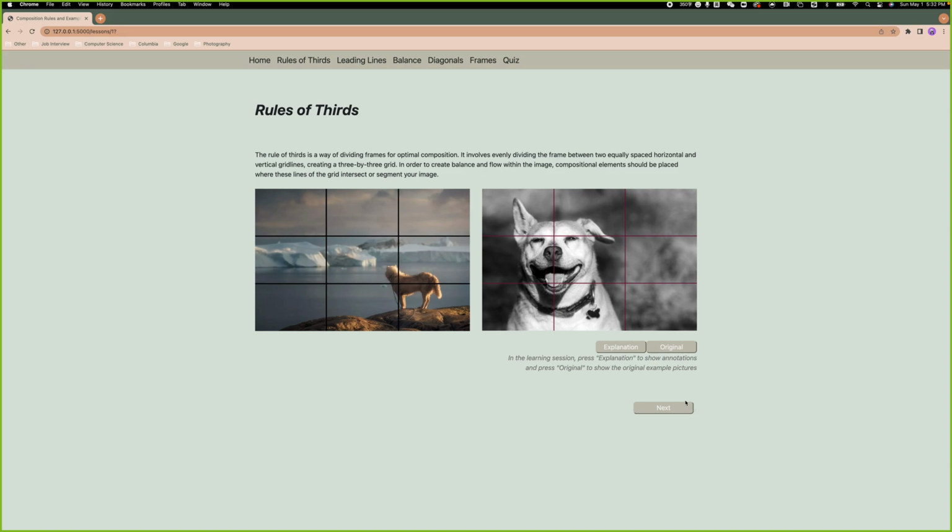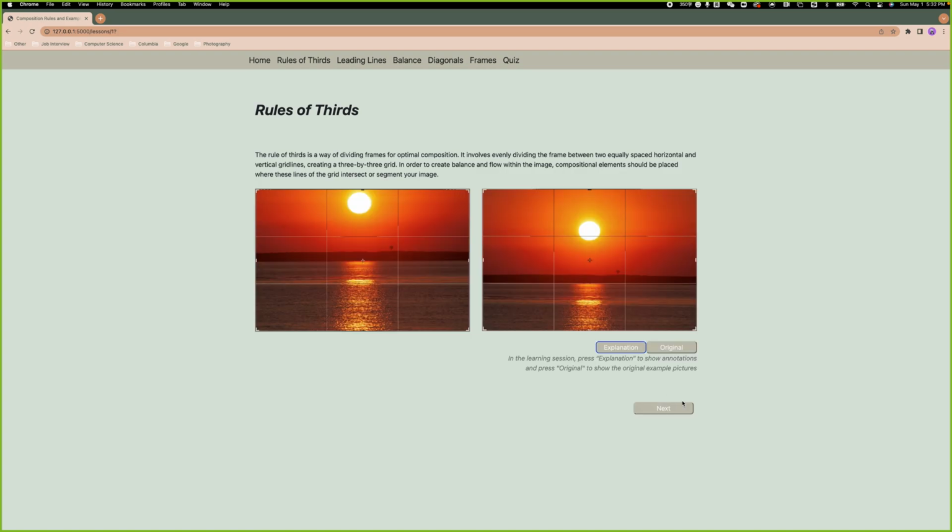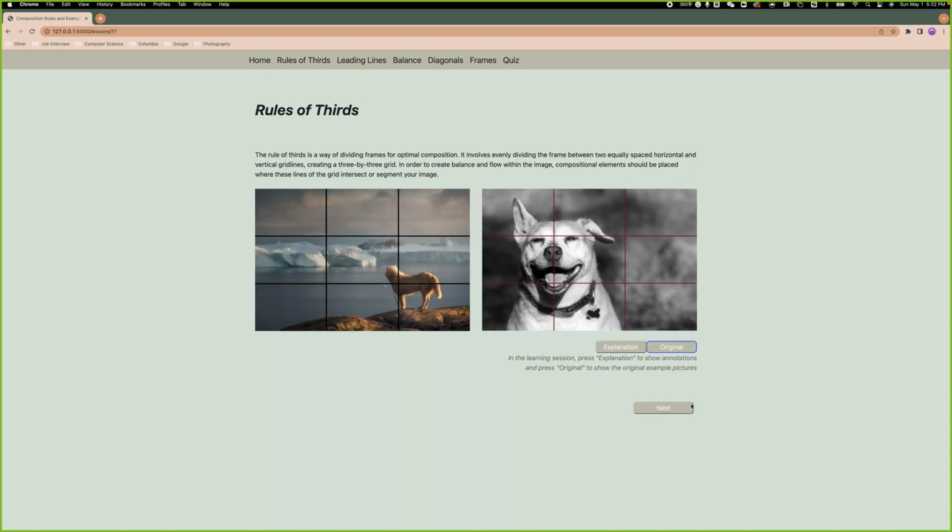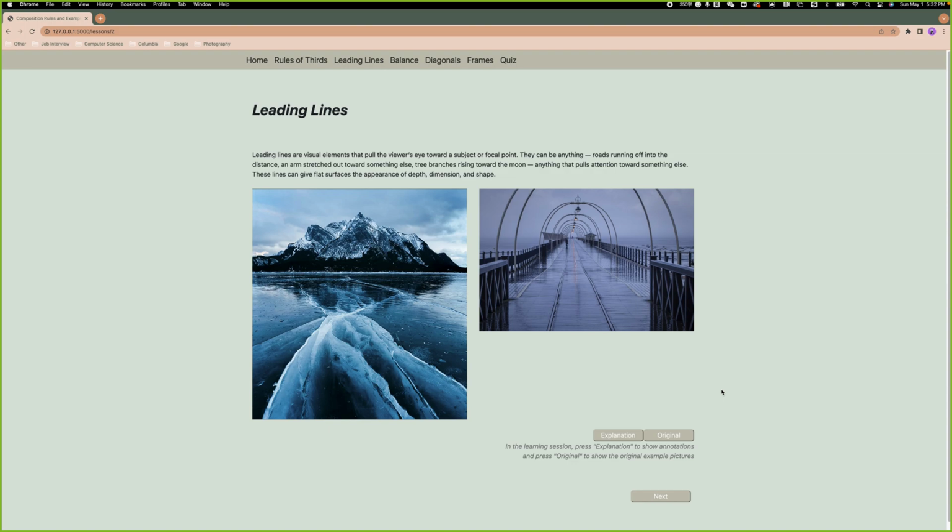So there are two buttons on the page, which are explanation and original. Let's click explanation to see the annotation of these two images. So after editing, the sun is placed right on the horizontal grid lines of this image. So now it looks much better than before, and our attention is naturally drawn to the sun. Let's click original to show the original photos, and then we can head to the next topic of rule, which